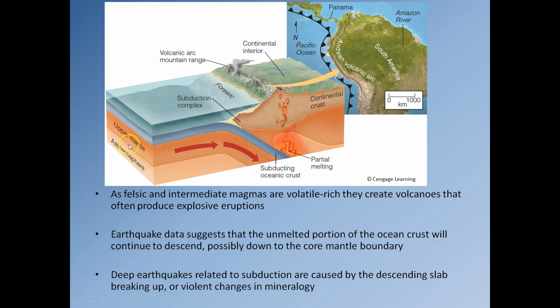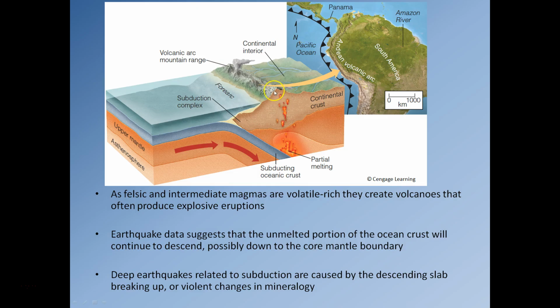So here's our basic situation. Here's our piece of oceanic crust. This is a continent-ocean collision. Oceanic crust here in blue, continental crust here in brown. So our piece of oceanic crust plunges down to about 100 to 150 kilometers. At that point, the minerals in the crust lose water. That water goes into the overlying mantle. The mantle becomes unstable. It begins to melt, producing a basaltic magma. That basaltic magma rises up, gets stuck at the bottom of the continental crust. It begins to heat up the continental crust. The continental crust then starts to melt, and that magma then rises up through the continental crust and feeds volcanoes